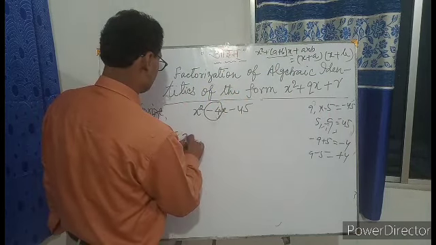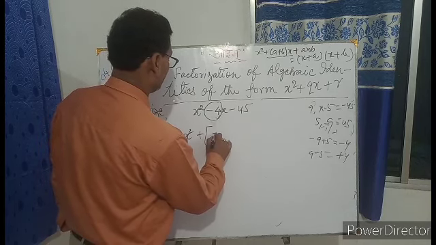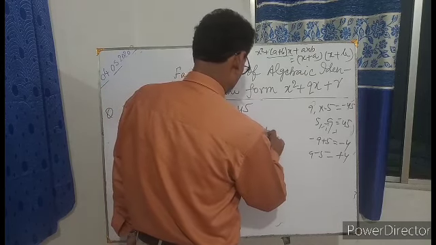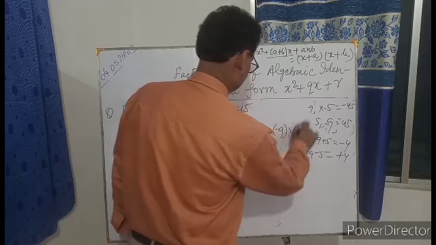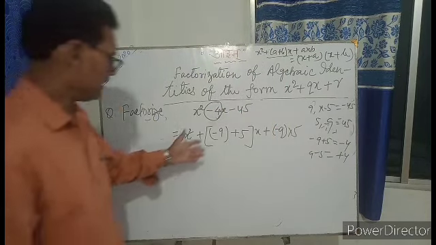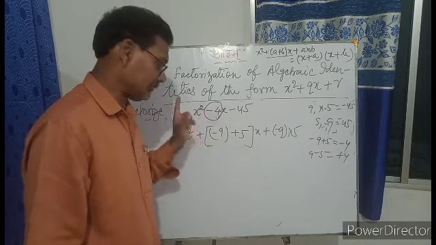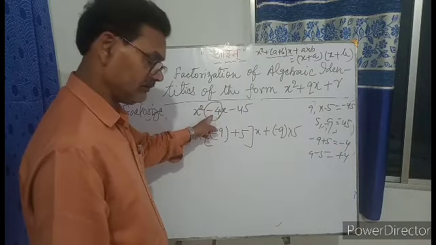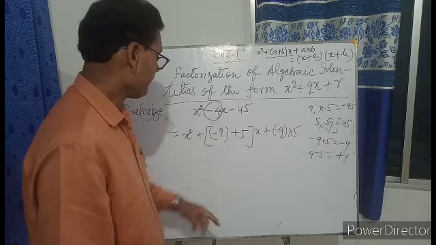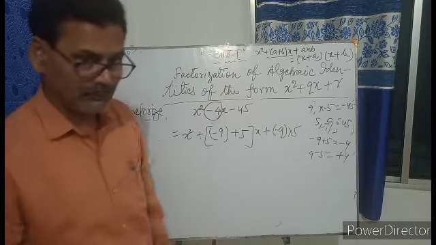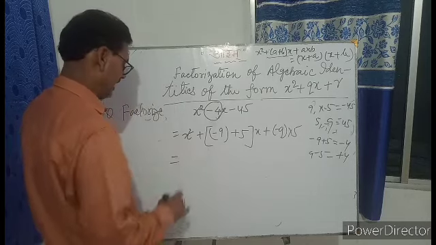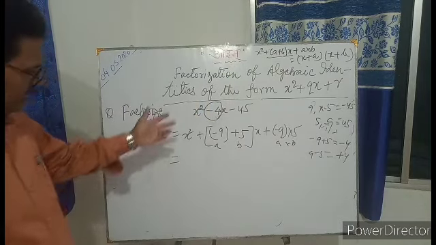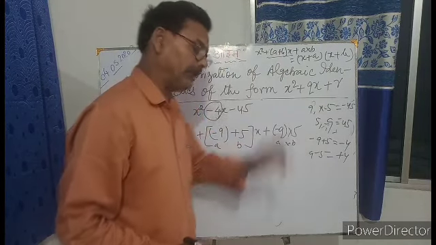सो देयरफॉर यू मे सी x² प्लस लिख देंगे, और क्या लिखेंगे? -9 एंड +5 इंटू x प्लस -9 इंटू 5। ओके, आई अंडरस्टूड? x² प्लस -9 + 5, -9 में 5 जोड़ेंगे तो -4 होगा, जो हमको यहाँ चाहिए, और यहाँ पर -9 गुना 5 करेंगे तो -45 होगा। तो इस तरह से हमारा फैक्टराइजेशन सही हो जाता है, x² प्लस a प्लस b इंटू x प्लस a इंटू b।